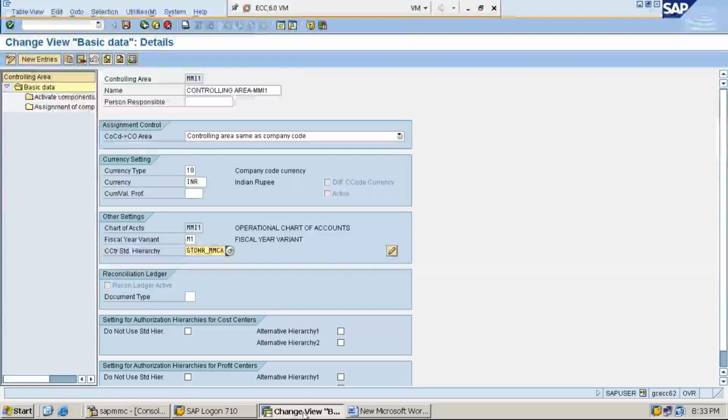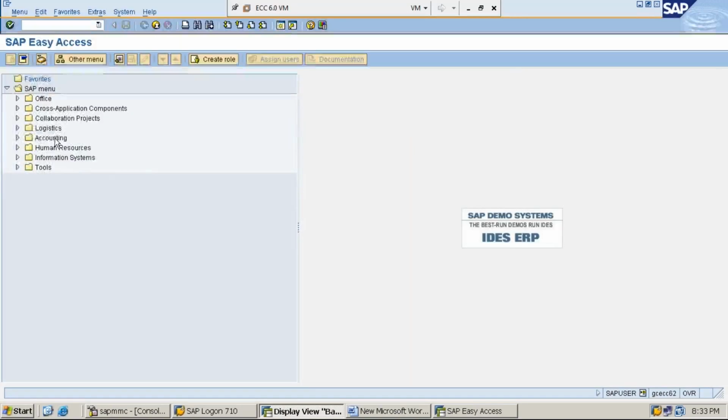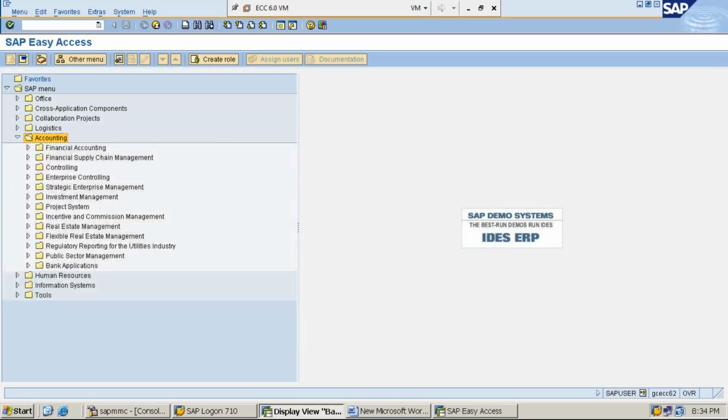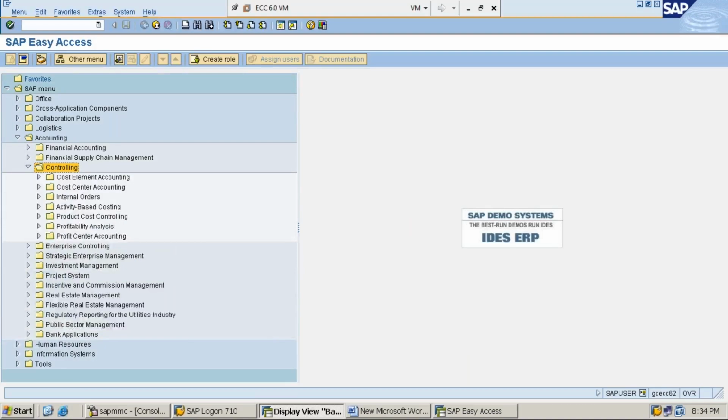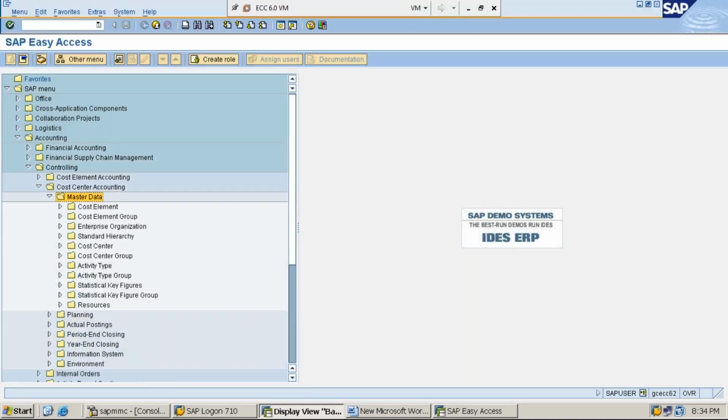SAP Easy Access, accounting, controlling, then cost center accounting, master data, then